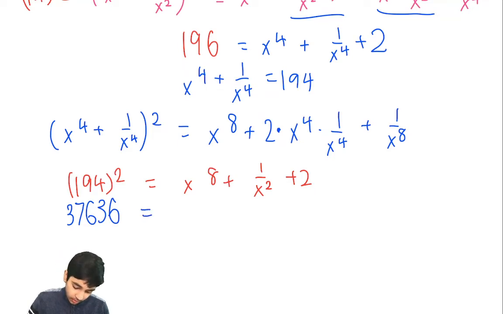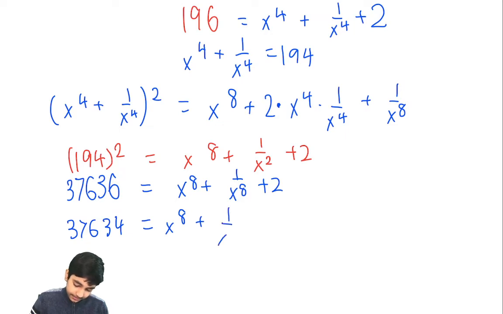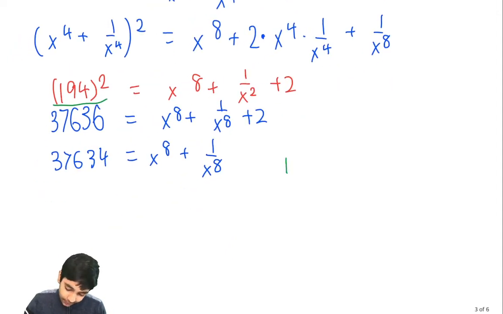Is equal to x to the 8th plus 1 over x to the 8th plus 2. And then we can subtract 2 from both sides to get 37634 is x to the 8th plus 1 over x to the 8th. And if you're curious how I actually did 194 squared, Arthur Benjamin actually made a trick where basically 194 squared,